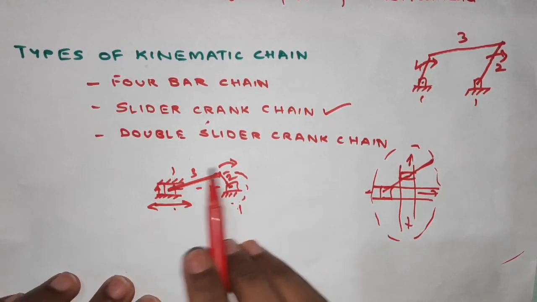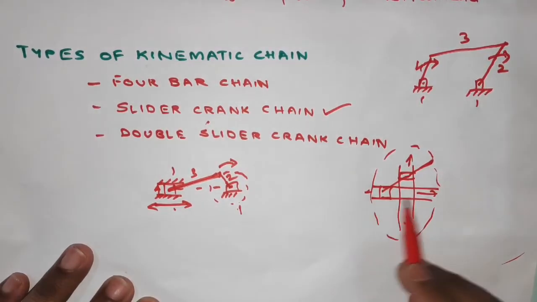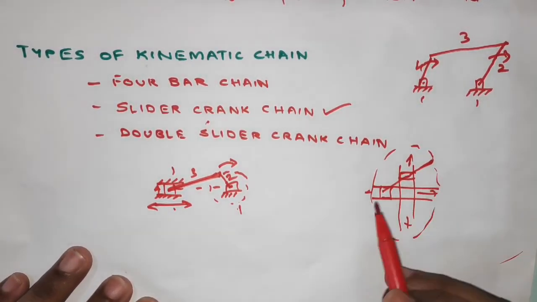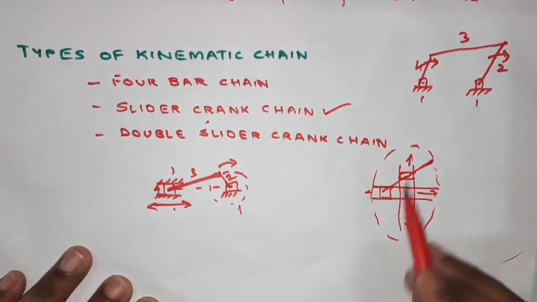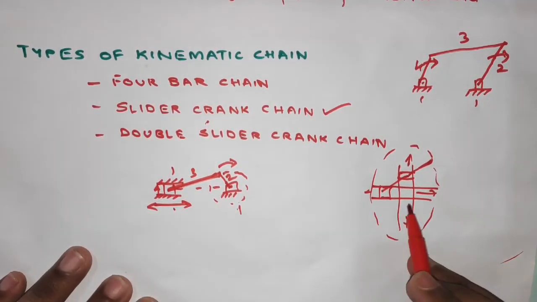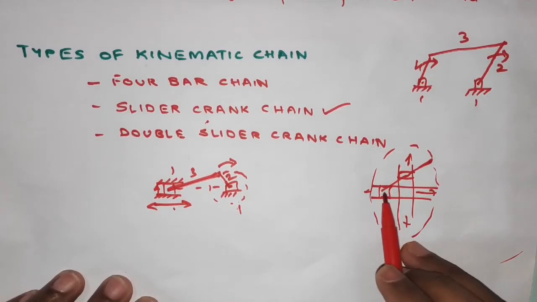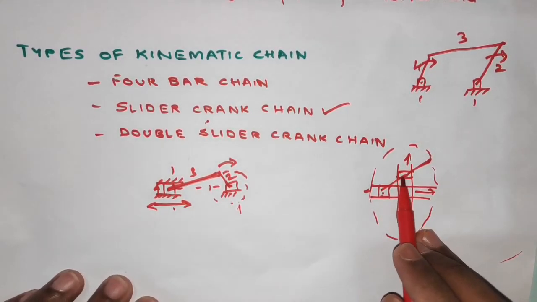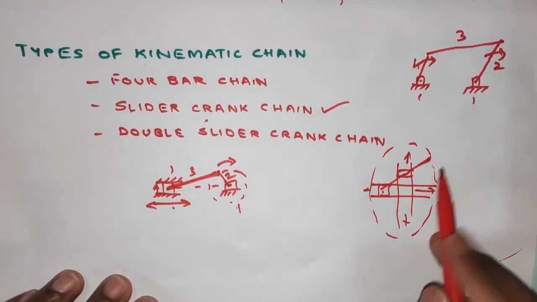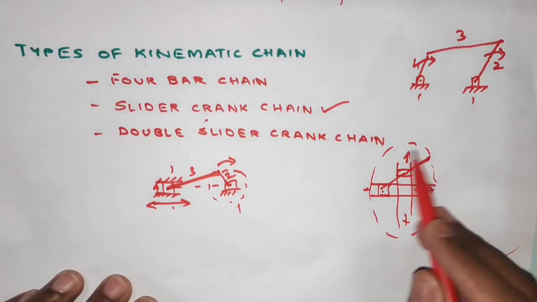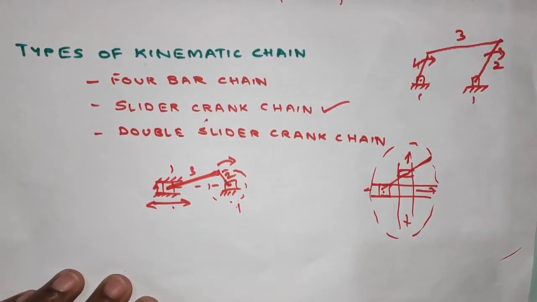Next is the double slider crank chain. Here we will have 2 cylinders and 2 sliders, and those sliders will be transmitting the motion. Say for example, we have the elliptical trammel, which has 2 perpendicular slots, and in slot 1 you have one slider and in slot 2 you have the second slider, and the motion of these sliders will make this link, which is extended, draw an ellipse. So this is all called a double slider crank chain.